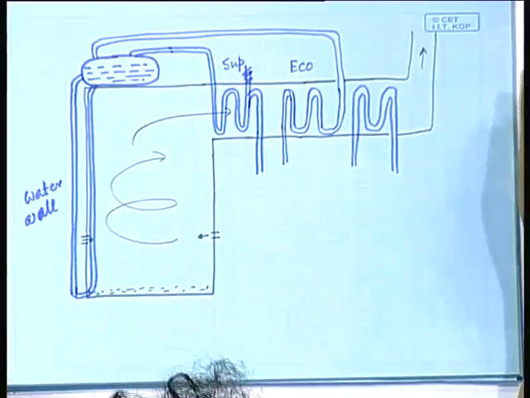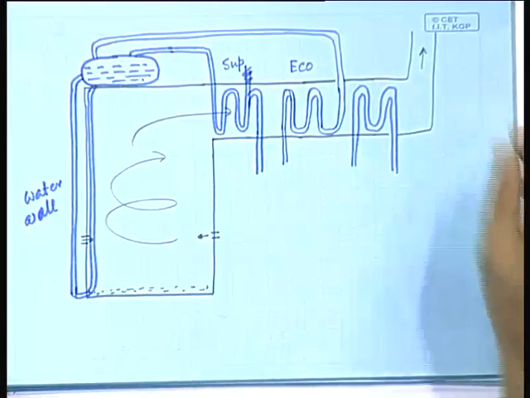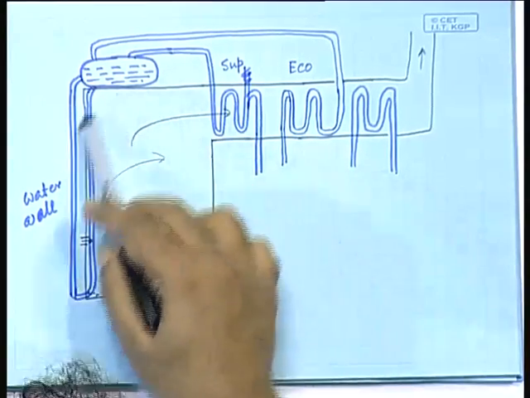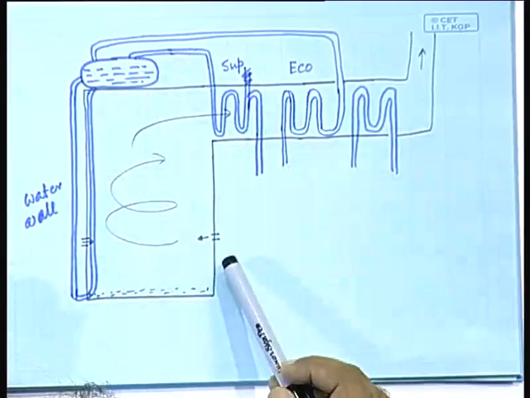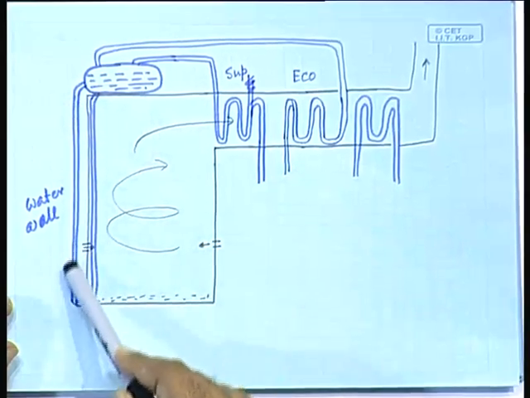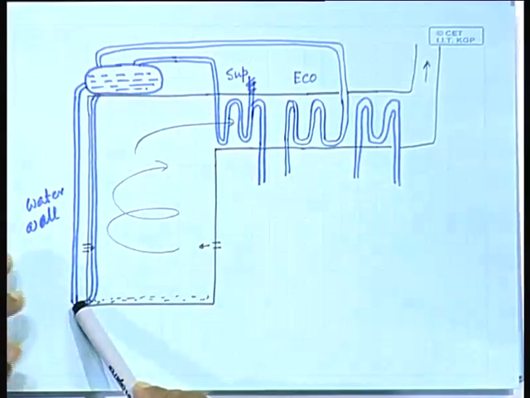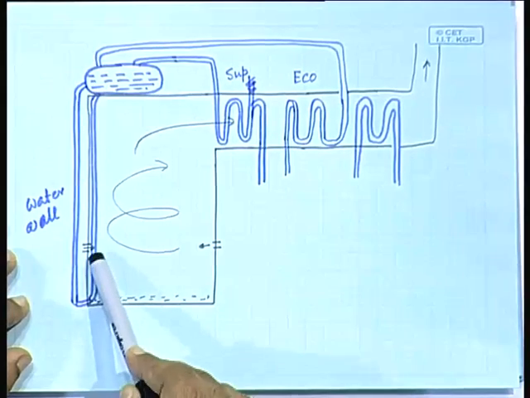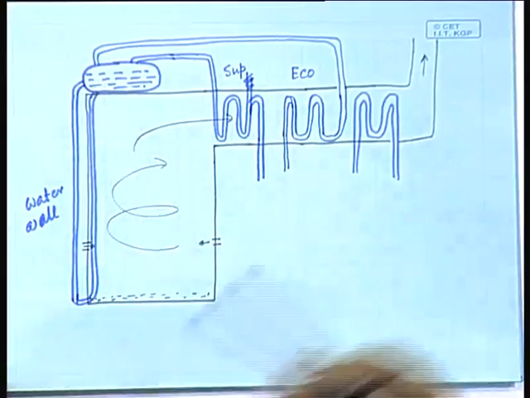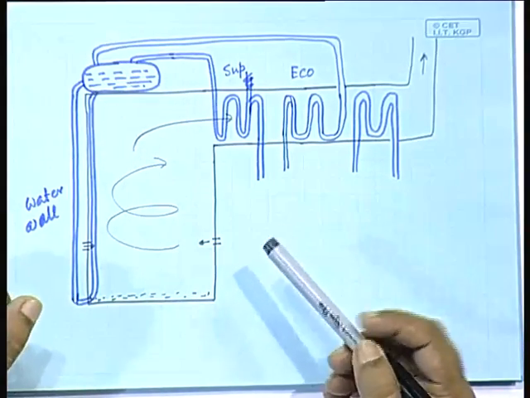Last class we had introduced the basic idea of the structure of a power plant, and this is where we were. Just to recapitulate what is what, here is the boiler drum, boiler chamber. Here are the downcomers, through which the water comes down outside the boiler drum and goes up through the water walls. It goes up to the water walls normally by natural circulation, but there can also be forced circulation if you want a faster movement.